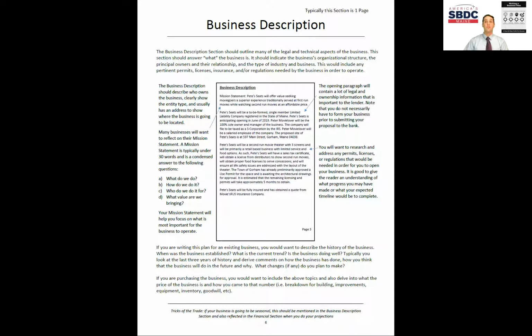So the business description section, again, is short, and it usually starts with that clarifying statement if you want it, the mission statement and vision statement, but definitely has that business entity portion of it, of who are we dealing with? What is the business? Literally, what is the business when we're talking taxes and or legal entity and ownership? Then goes into the regulations that might be pertinent to that business, and of course, any kind of insurances that you're going to be trying to seek for the business.